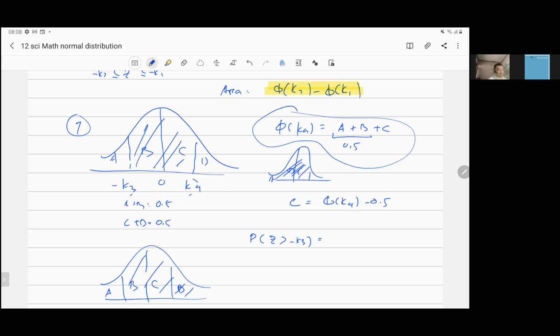So from this K4 and below, that is case number 1 here. You should be able to know this is case number 1. In case number 1, that's simply the phi of K4, the area of K4. But because we want to find out only area C,